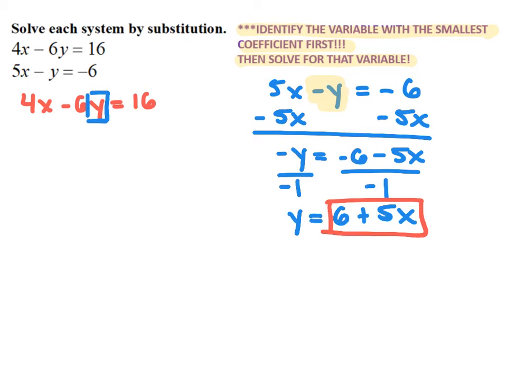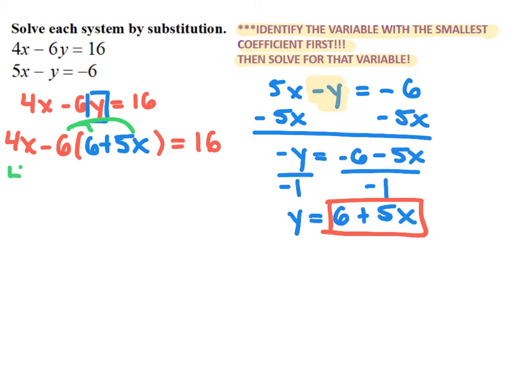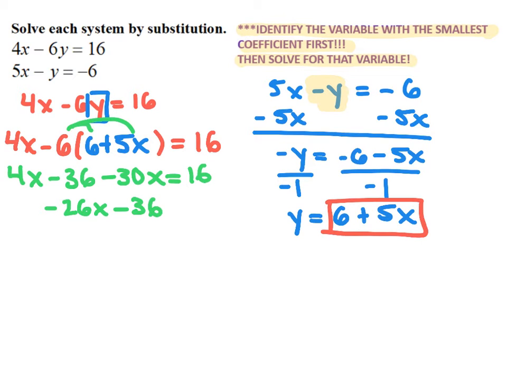So it'll become 4x minus 6 times 6 plus 5x is equal to 16. To solve, you'd first have to distribute. So it'll become 4x minus 36 minus 30x equals 16. Combine like terms to get negative 26x minus 36 equals 16. Add 36 to both sides